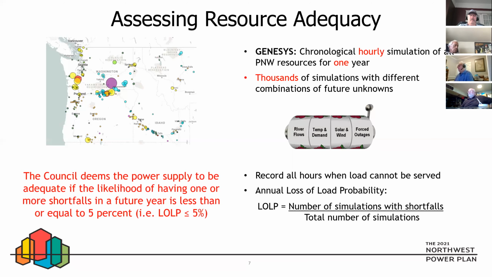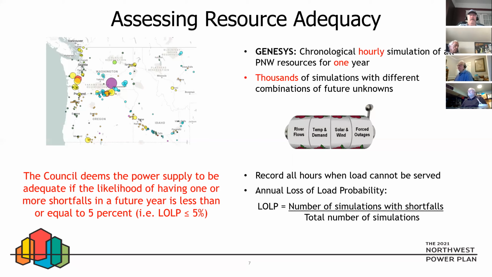And that's one of the reasons that I recommended that the council revisit the adequacy standard. It's in the action plan for the 7th plan. But as I said before, ideally what we would do is measure the frequency, duration, and magnitude of potential problems, and then set some kind of threshold for all of those. But before you can do that, you have to have a model that accurately represents how the system is really run in the real world. And that's why we stopped, and we spent a lot of money to redevelop the model so that it's much more accurate. We think it's a much better model. And by the way, by problem events, I mean